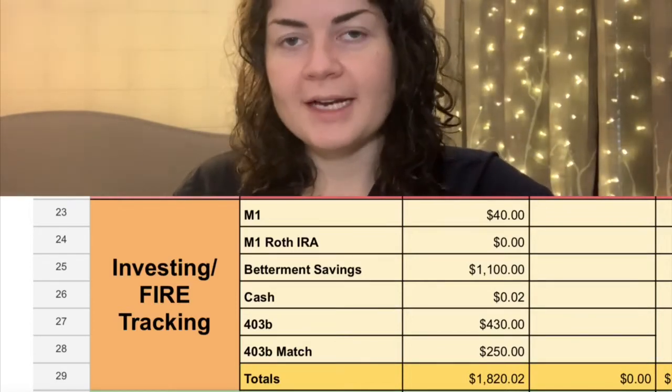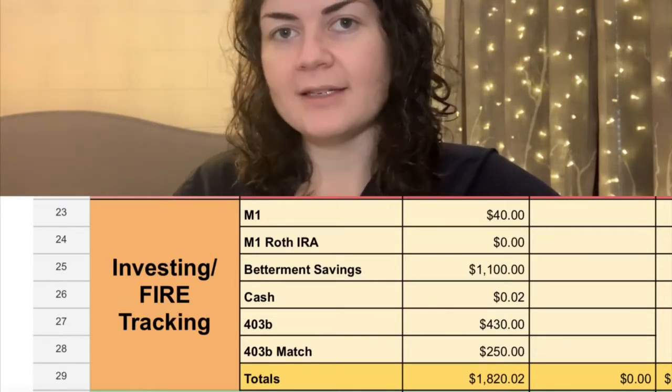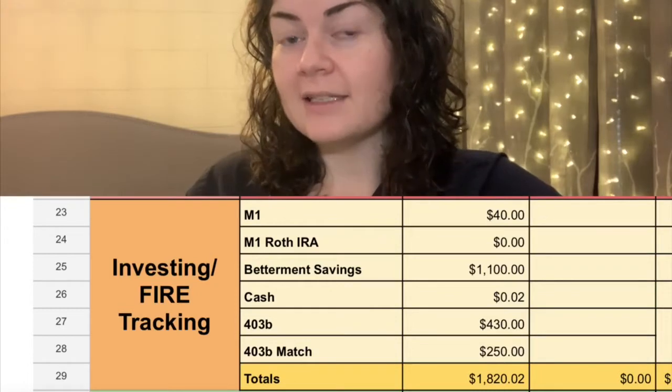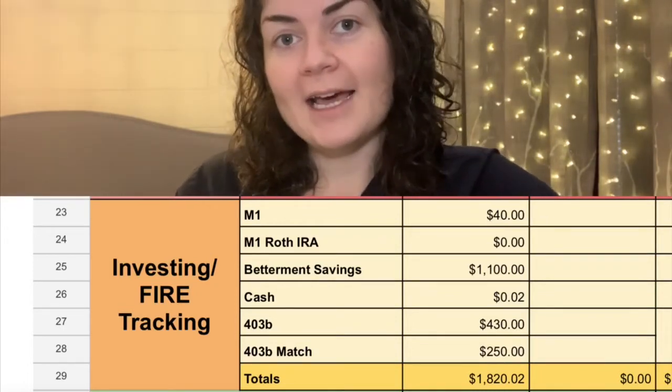Next is my Roth IRA. I also have that through M1 Finance, and it has been maxed out for 2019. I have not yet started on it for 2020. I'm going to get to it eventually, but the thing that I'm working on right now is the next line